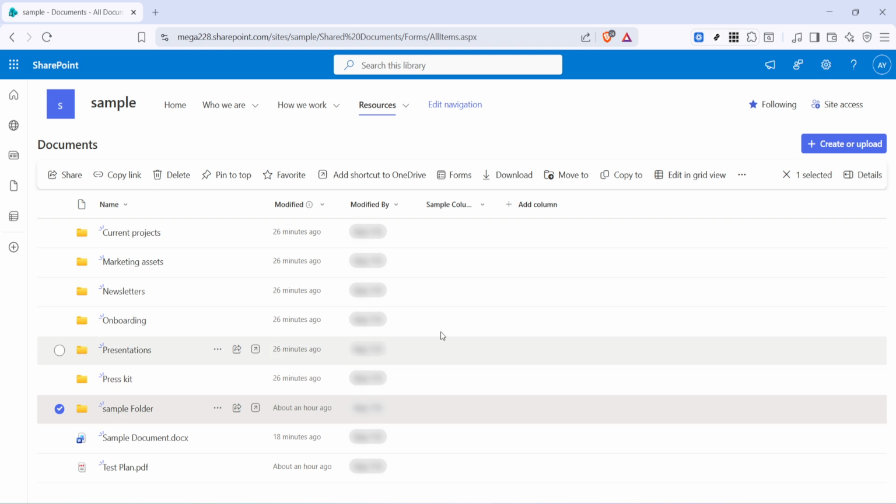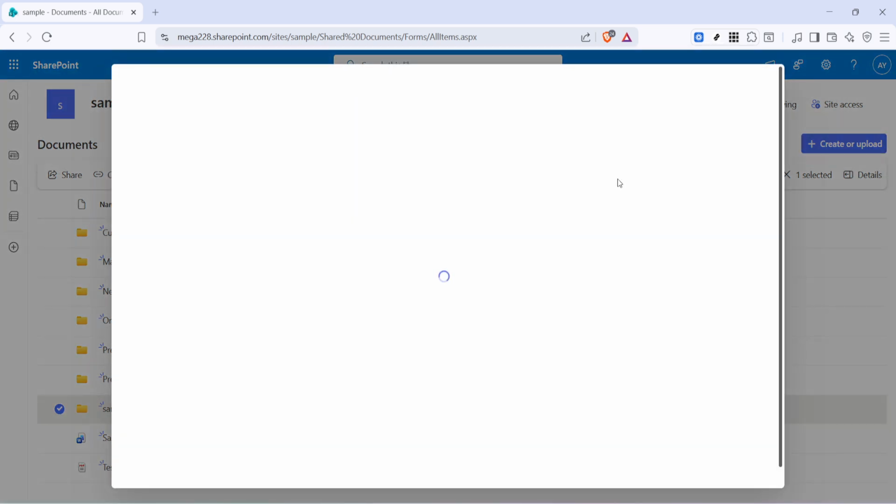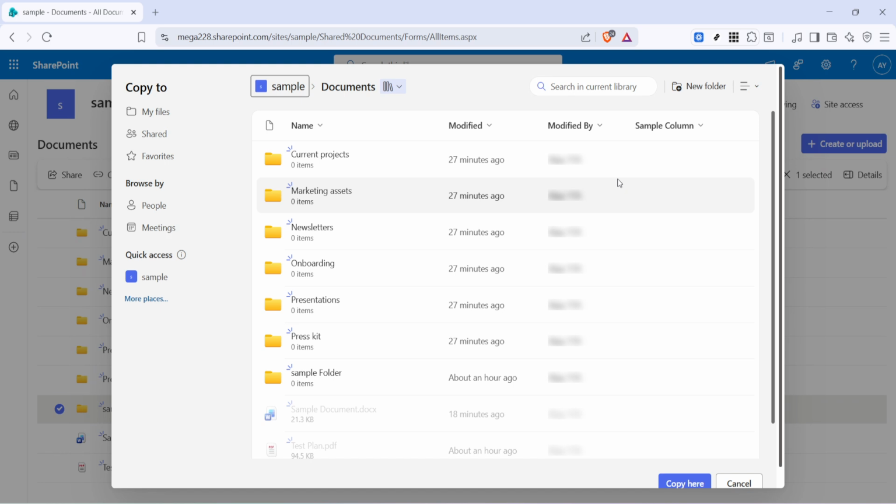Now, click the Copy To button on the command bar along the top of the page. A destination selection pane will open on the right side of your screen. If you don't see Copy To on the command bar, select the ellipsis icon, the three dots, and you'll find it there. In the Choose a Destination pane that just opened on the right, select the location where you want